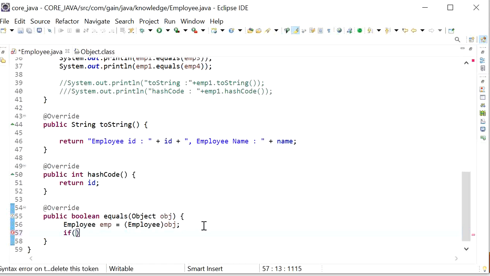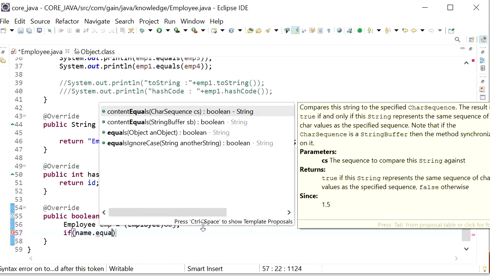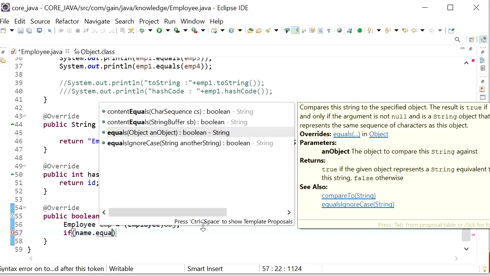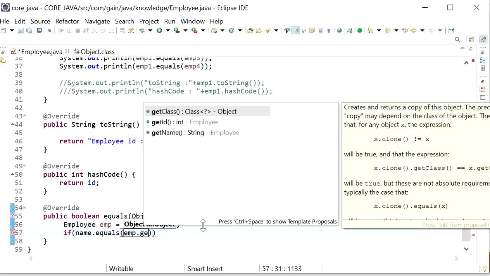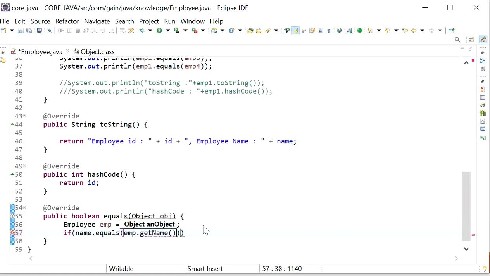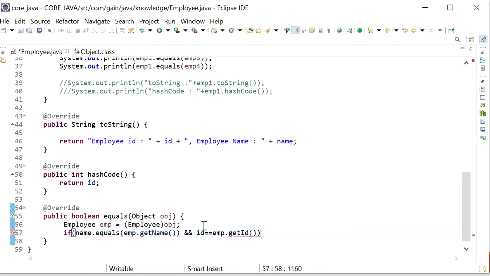If the name dot equals, and I will get the name from the employee object, getName, and will compare to the name, and also check if the id of the employee is equal to employee dot getId.